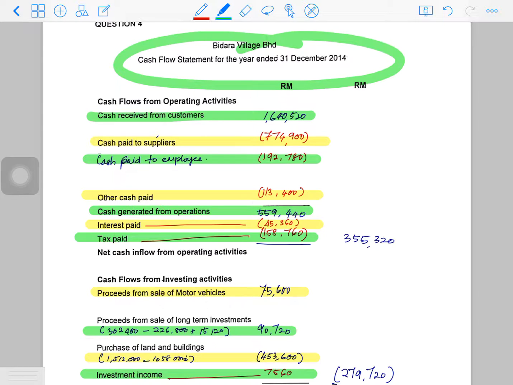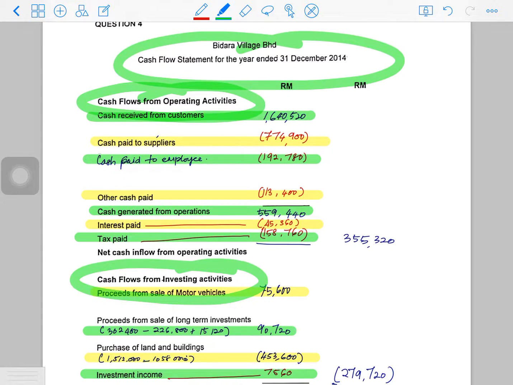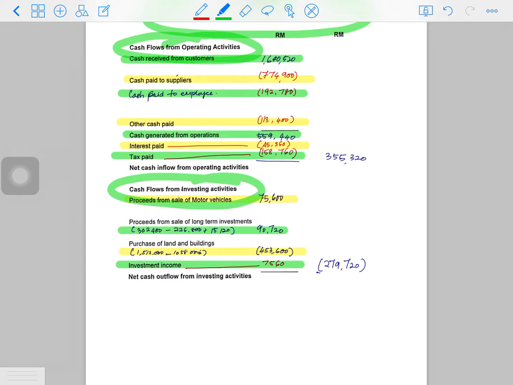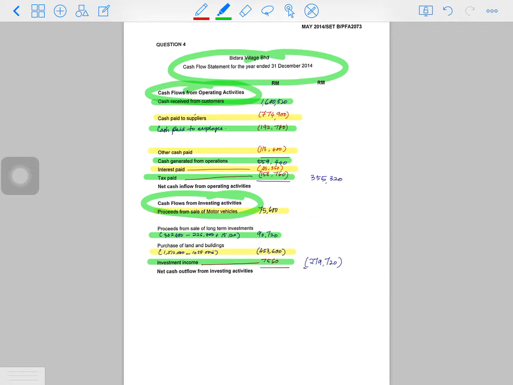The pro forma means the skeleton, the frame, meaning that you have to put in your title, and then put in the first section, cash flow from operating activities, cash flows from investing activities, and also cash flows from financing activities, if you have any. So here just put in the title without any figure. Okay, so